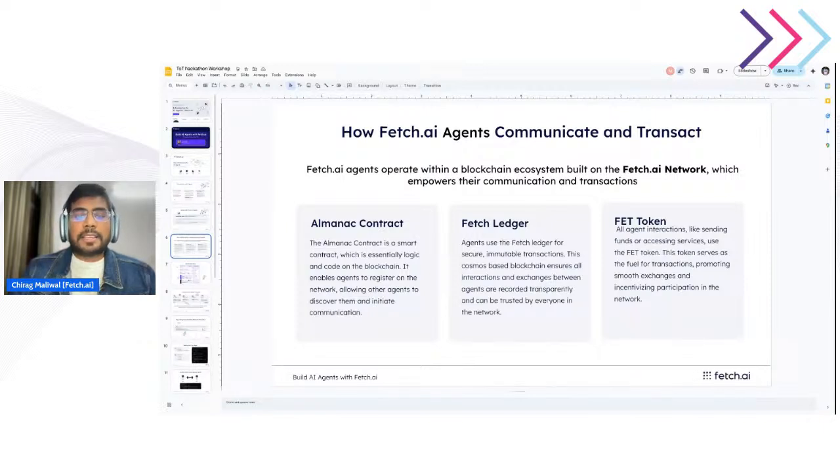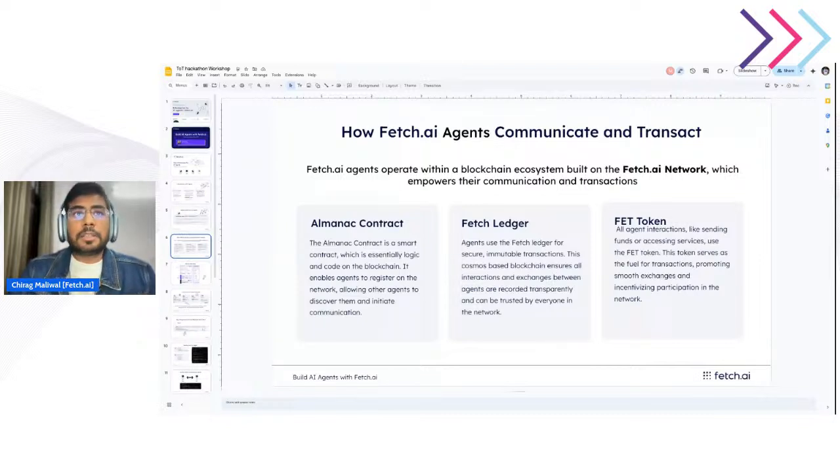It connects AI agents with blockchain technologies, allowing them to work securely, transparently, and efficiently in a decentralized digital economy.